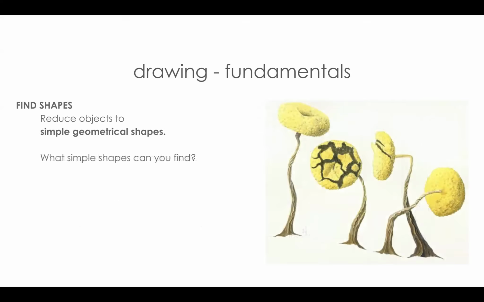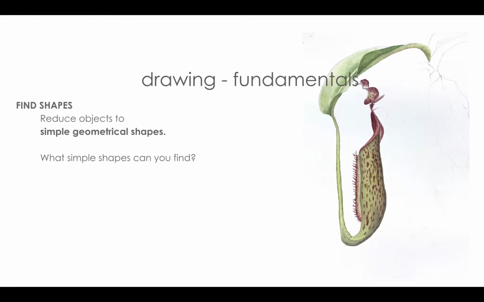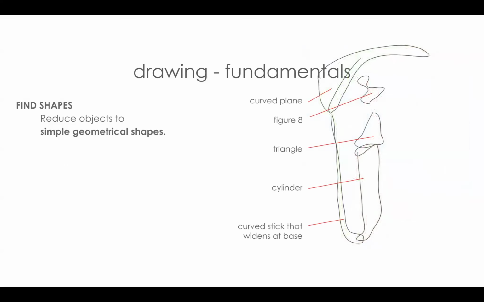So here's another example of a slime mold that I did, where if we break it down to shapes, we're looking at a lozenge with a dip in it. We're looking at some ovals and some twisted stems or twisted sticks. Here's another example. We could break this down into a cylinder for the body of the Nepenthes, and then a triangle for that first part of the hood, and the figure 8 is the part that's sticking over, and a J-shape stem,